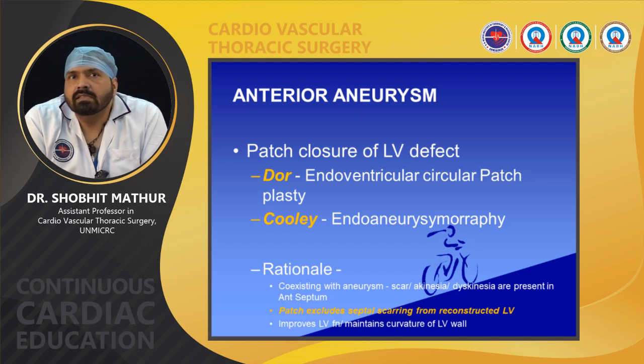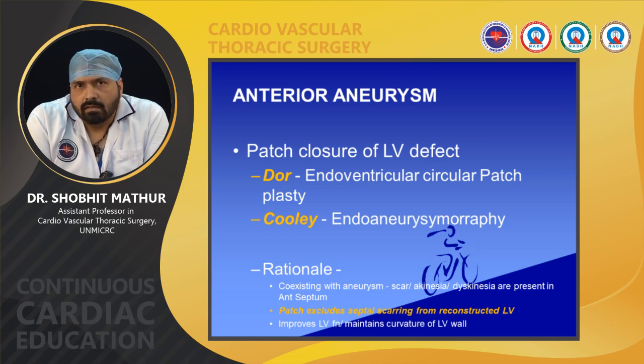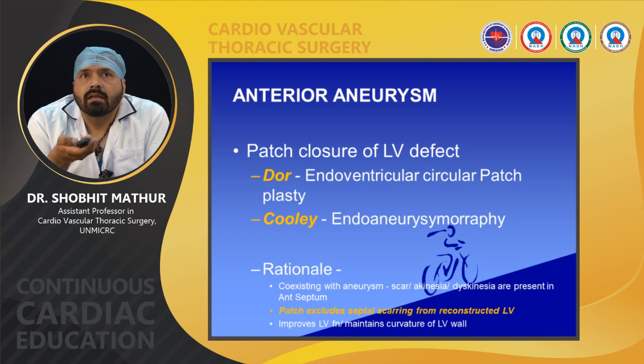The rationale is that, along with the aneurysm, scarring is there, akinesia is there, dyskinesia is there in the septum. So the patch excludes septal scarring from the reconstructed LV. This is the rationale for using a patch, that while using a patch, the septal tissue, akinesia, dyskinesia and scarring can be excluded from the reconstructed LV. It improves the LV function and maintains the curvature of the LV wall. Now what happens in this technique is,